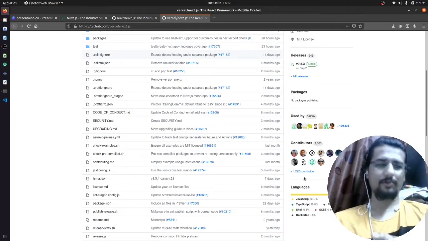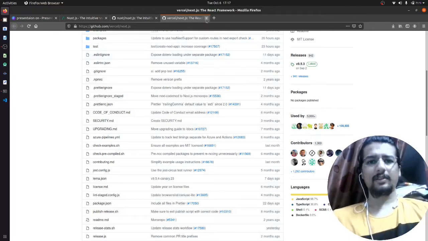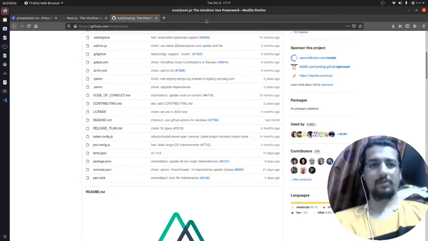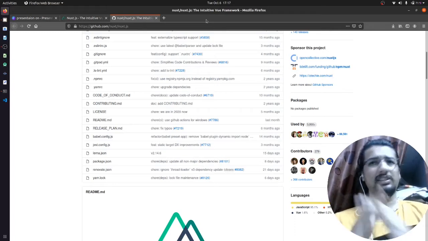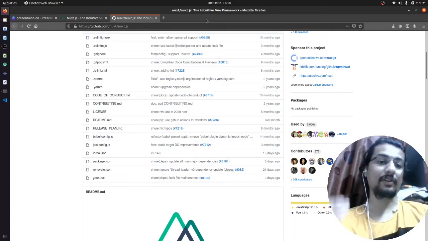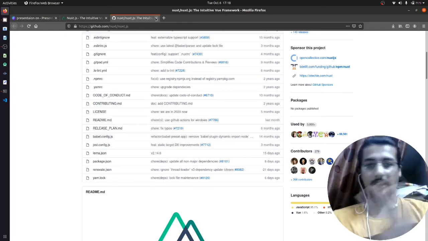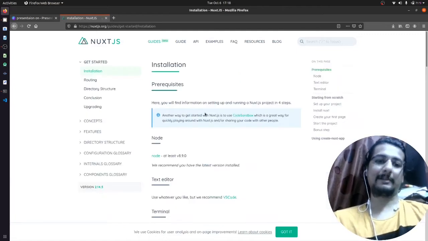Okay, so it has a small community. If you are thinking of the future in this, as far as my concern, this is my opinion that Vue.js will definitely take over every framework in future. I have not seen the future, I'm just saying that.